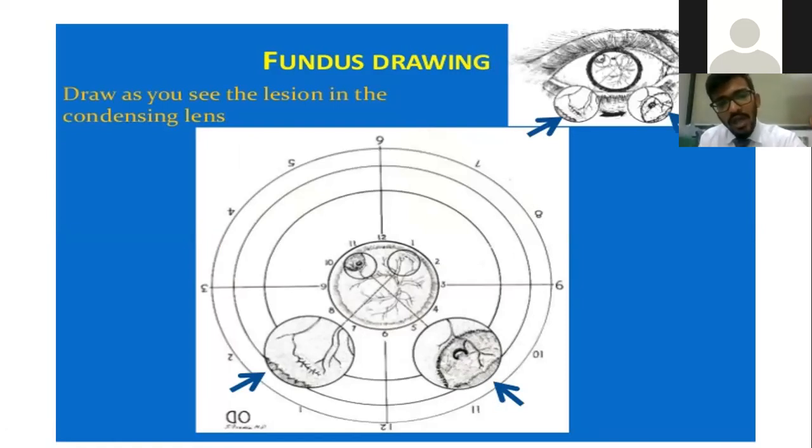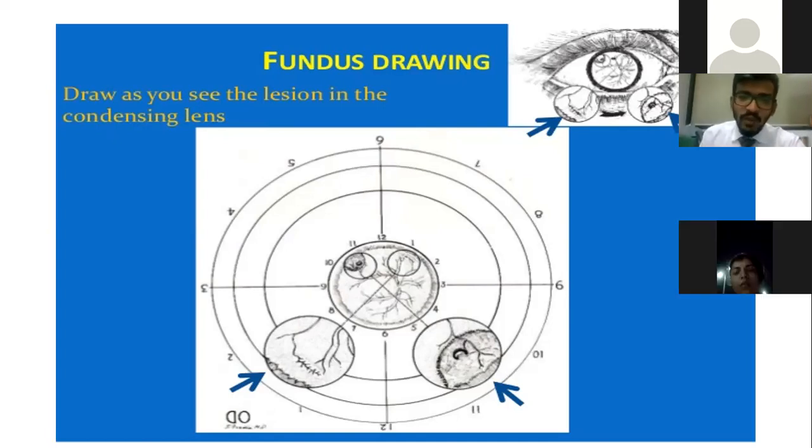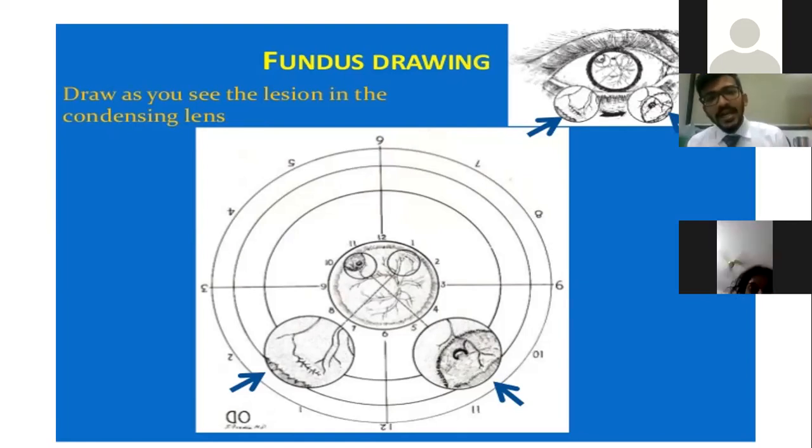you are seeing a lattice at 1 o'clock, you're seeing a horseshoe tear at 11 o'clock. On the chart, exactly diagonally opposite to it, you see there is the 11 o'clock, and diagonally opposite there's a 1 o'clock. So whichever direction you're examining, it's diagonally opposite where you have to draw the lesion. Drawing the lesion, one is the area. Second is you have to correlate which periphery extent it is going up to.